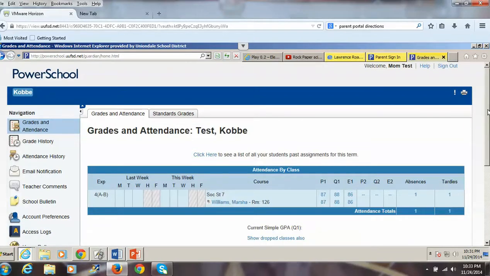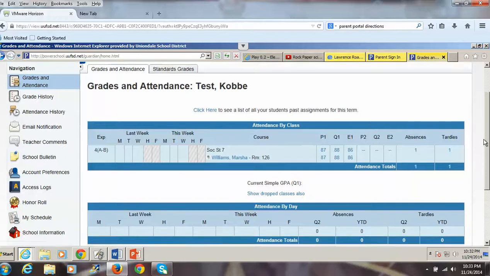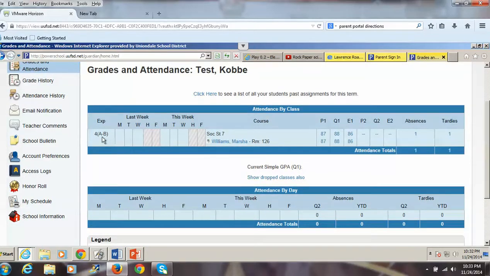Once you sign in, it's going to take you to the grades and attendance screen. For this student, they only have one class, which is period 4 with myself, Mrs. Williams. Typically, a student at Lawrence Road Middle School would have 9 periods of classes within a day, but because this is a test student, only one class was created for that student. Here you will see the period,